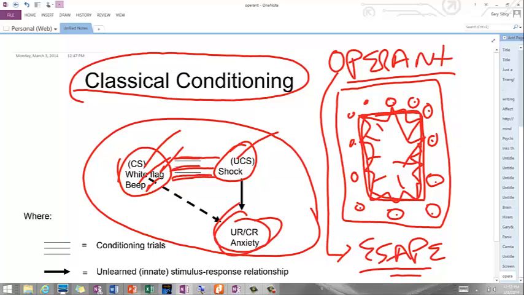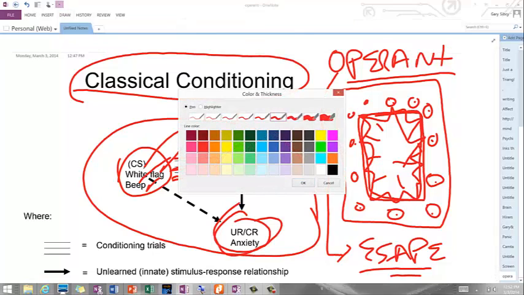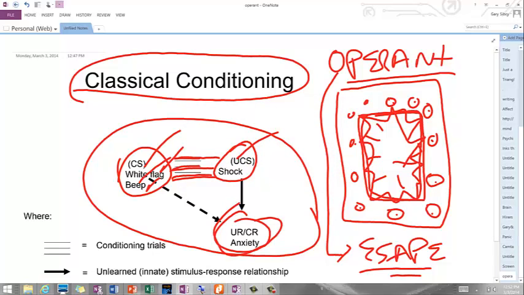So what's going to happen here is that when the dog feels the shock, okay, then what you're going to do is retreat with the dog toward the center of the yard. That's going to be the goal. So you want to retreat inward to the center of the yard.